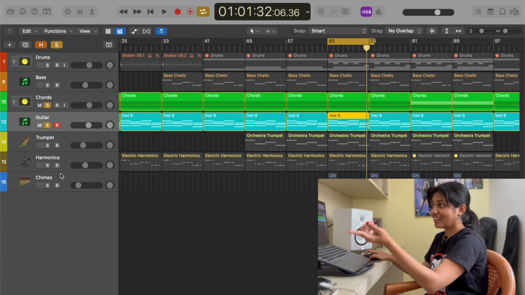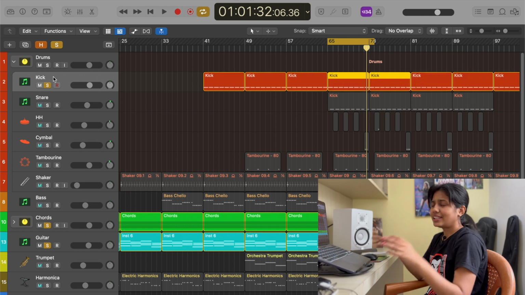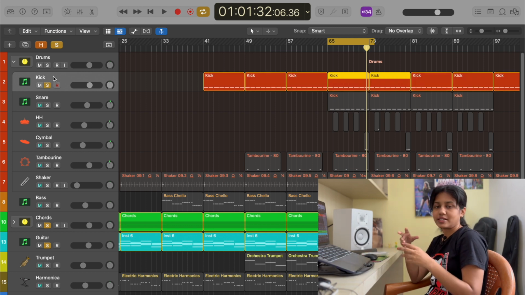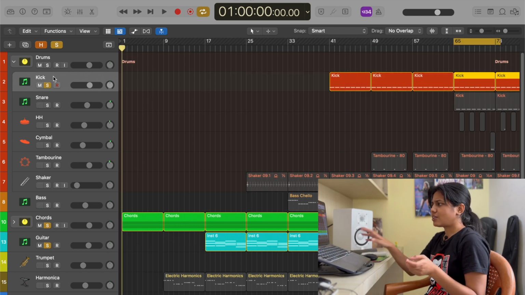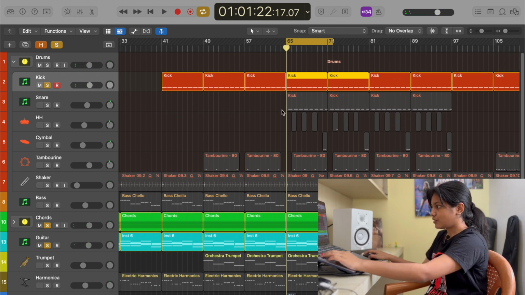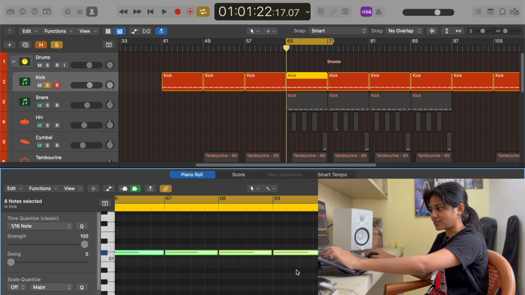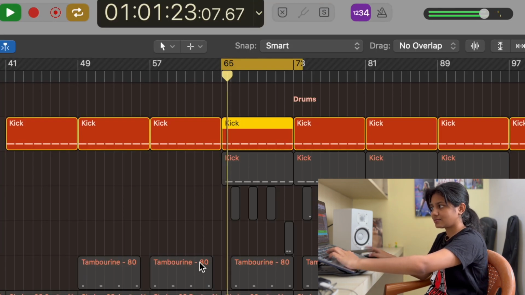The next thing that I did was definitely add drums. The first thing is a kick. The inspiration that I took, specifically from All Too Well, doesn't have a crazy drum pattern going on. It's just on beat. If you see my pattern also, it's just on every bar and nothing else. So with just the kick,